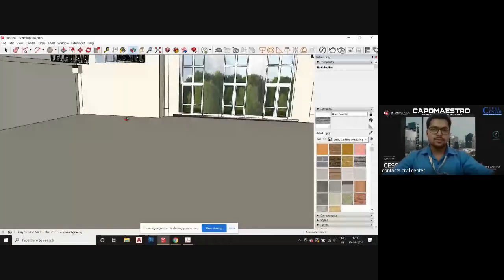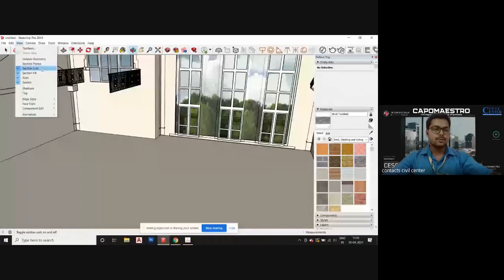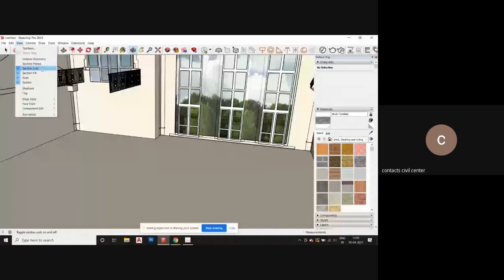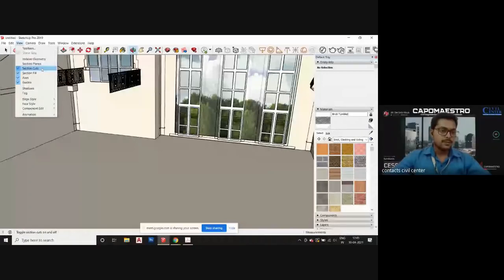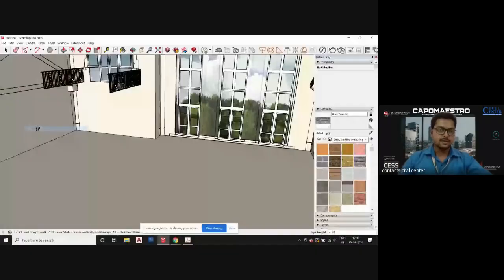Go to view, go to camera, just beside the view you have camera. Go to camera, use the walk option.